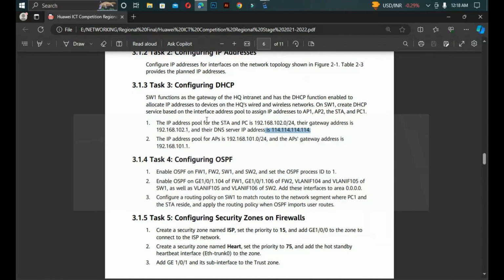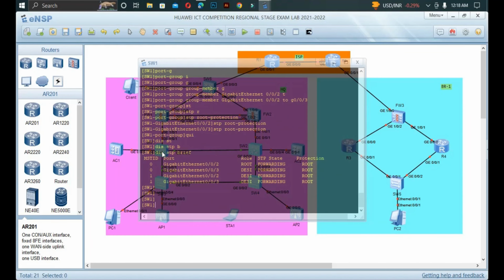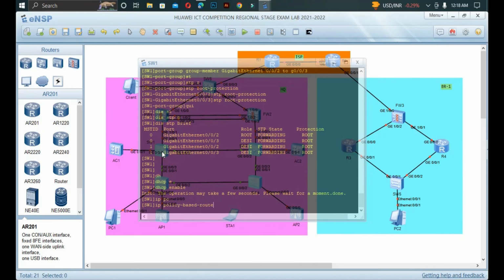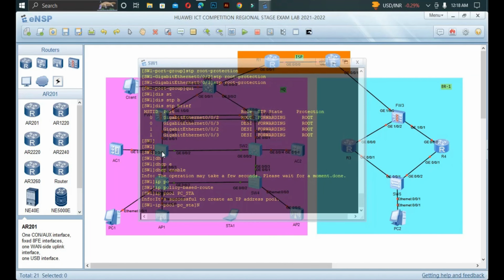So we said switch 1. This is where we configure our DHCP. First of all, enable DHCP with dhcp enable. Then ip pool: we'll give it a name, the first one we said was PC_STA. Then our network was